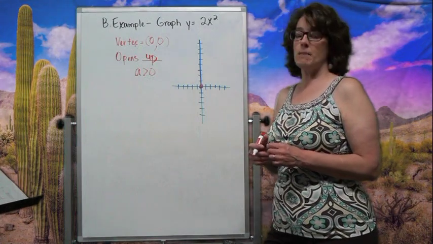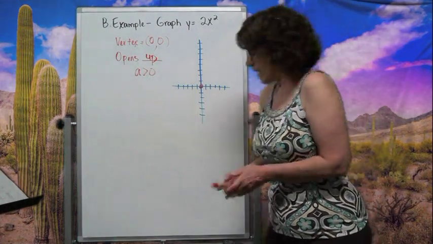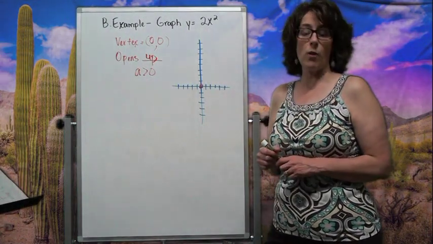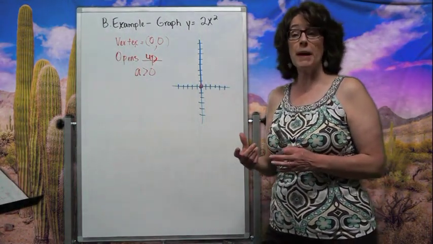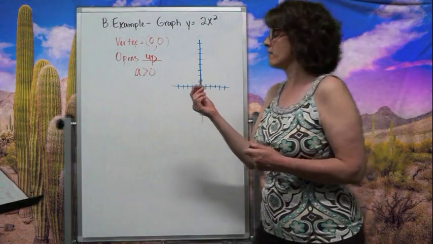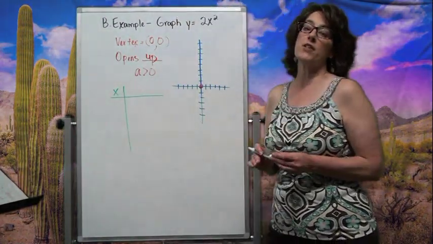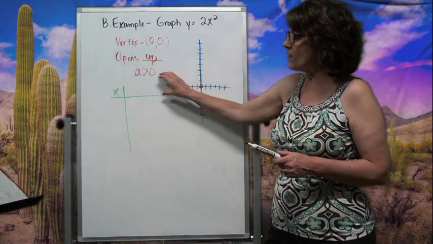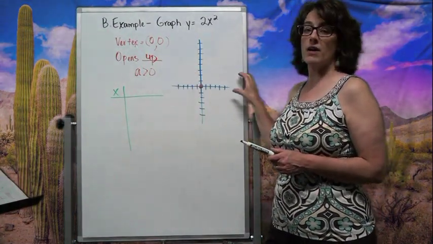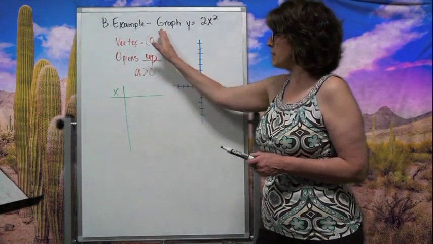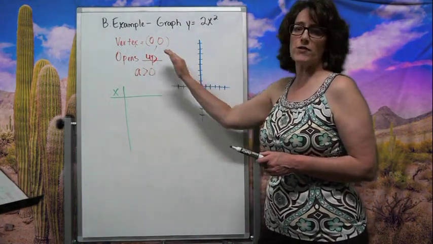Remember, the point plotting method said, let's pick some values for x, put them into the equation, and see what y values spit out. That creates an ordered pair. I can put the ordered pair on the graph. What I always say is the best thing to do with the point plotting method is to pick a couple of negative x values, a couple of positive x values, and pick that 0. That way you can get a nice pretty picture as to what the graph is doing all the way through